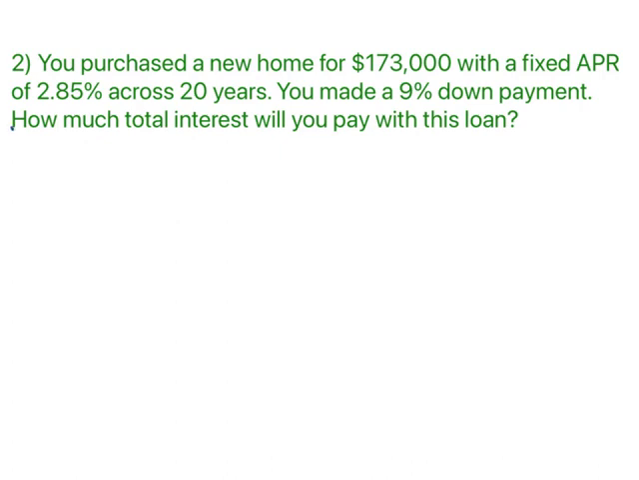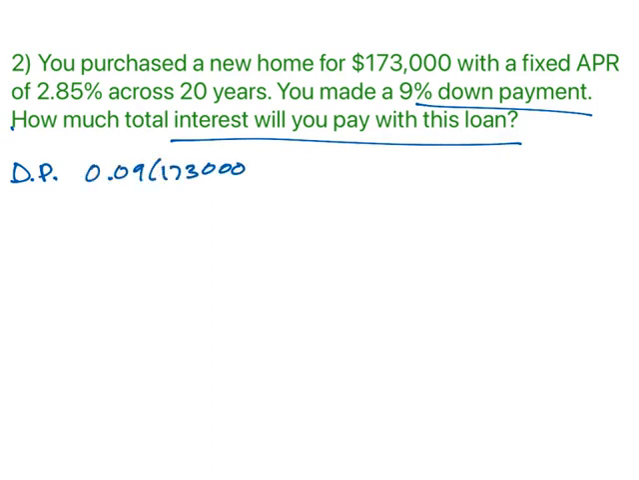You purchase a new home for $173,000 with an APR of 2.85 over 20 years. You made a 9% down payment. How much interest will you pay? Okay, so first things first, when you buy a house and you figure out the loan, it first is dependent upon the down payment. So I'm going to find my down payment by taking 9% times my $173,000, and I get my down payment to be